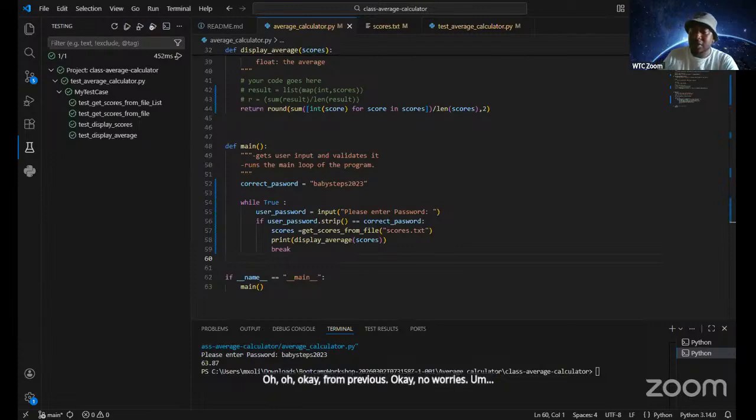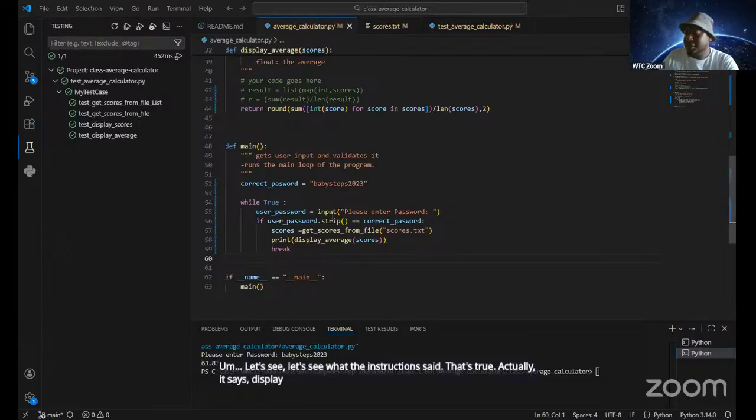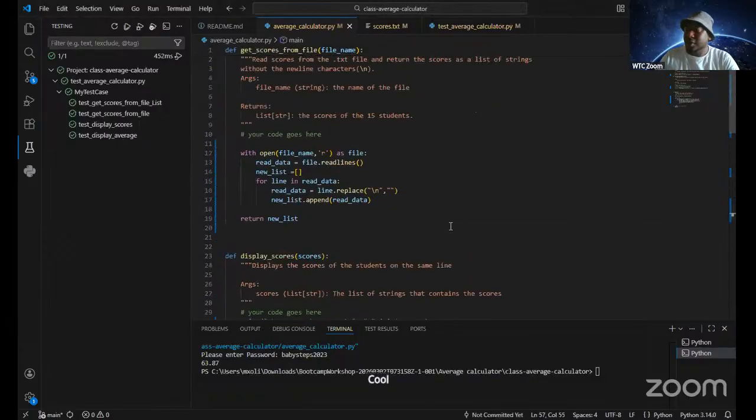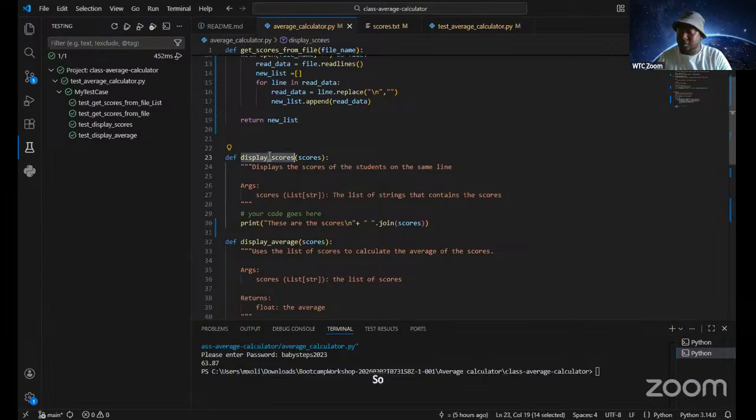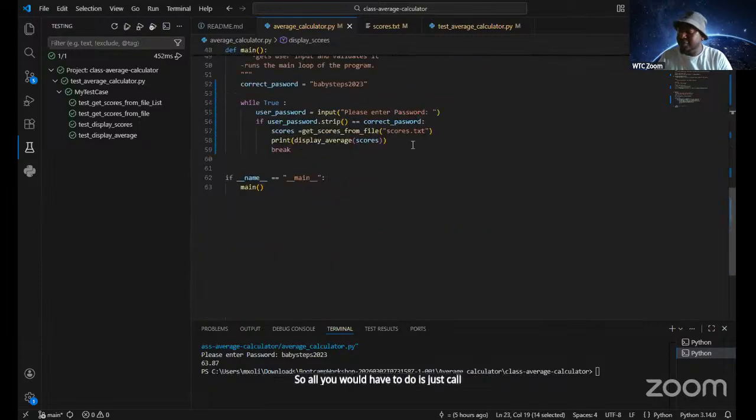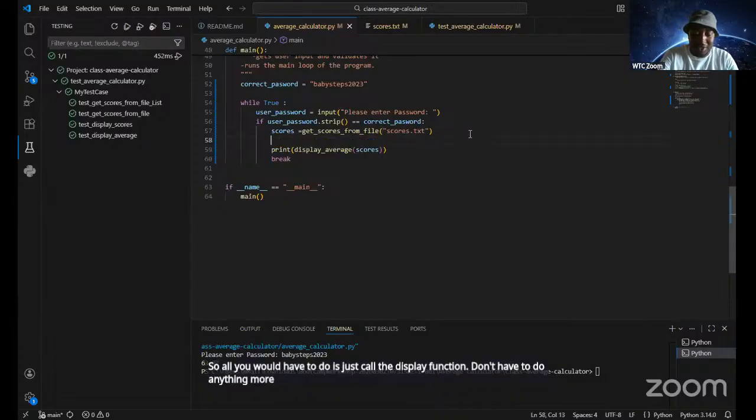Okay, Lindogutle says we must print the scores. Yeah, we can also go as far as printing the scores. Let's see what the instructions said. That's true, actually. It says display the scores, and then cool. I'll come back to your question, Lindo. Let's just quickly solve this. All you would have to do is call the display function. You don't have to do anything more than that.